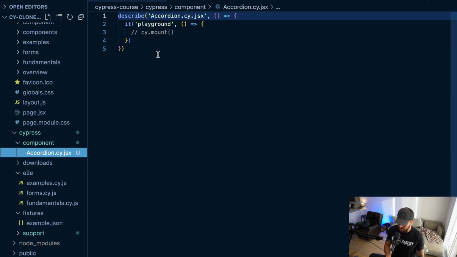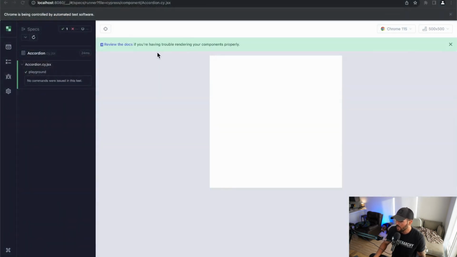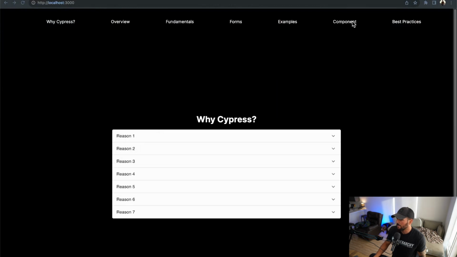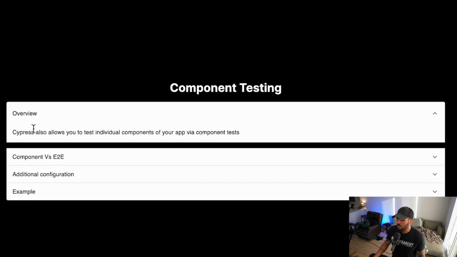But there are a couple of things regarding these component tests that are useful to know. So let's actually head back to our project here at localhost 3000. I'm going to close this Cypress runner. And let's go over to component here, and I'm going to open up the first note here. So as I kind of alluded to, Cypress also allows you to test individual components in your app via component